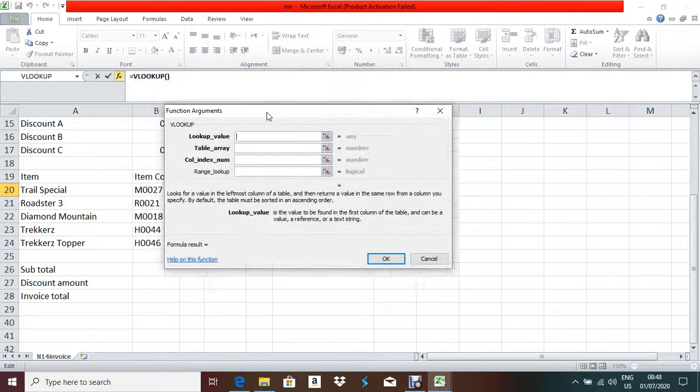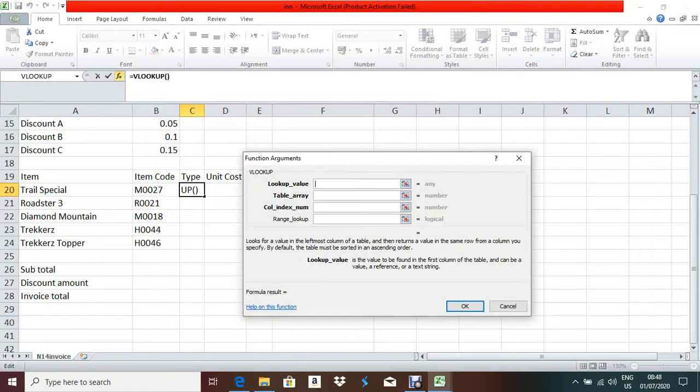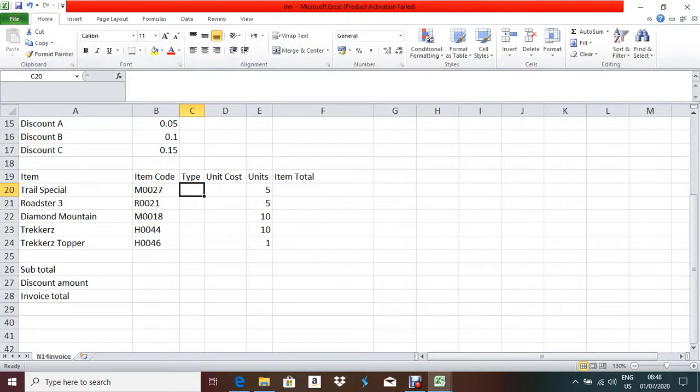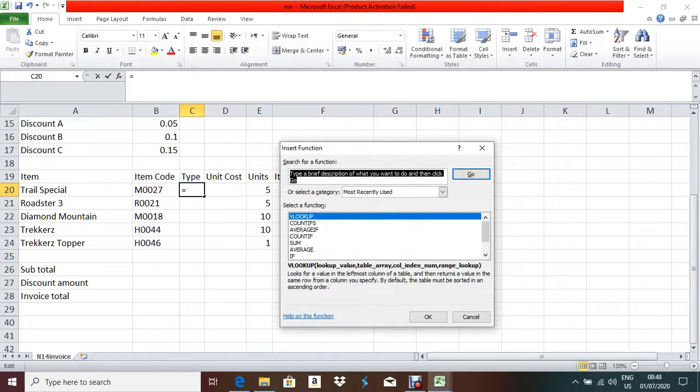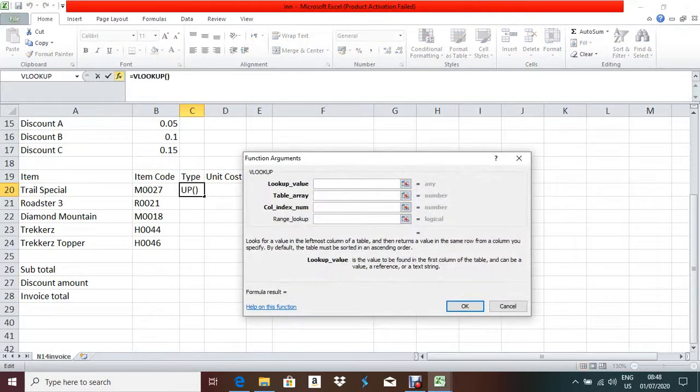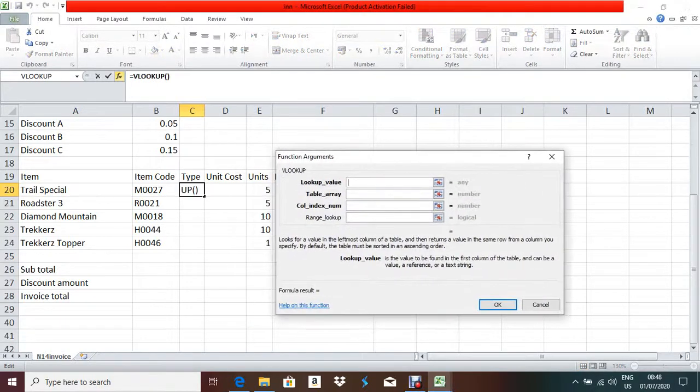And if you click VLOOKUP here, let me tell you one thing. If you are a first-time user of VLOOKUP, if you click fx, you will not get VLOOKUP here. So what you have to do is type VLOOKUP and then click Go, then VLOOKUP will come. But usually I am using this laptop for solving the question paper, so my VLOOKUP will be available. But if you are doing this for the first time, you will not get VLOOKUP here. So you have to type VLOOKUP and then click Go. Then click VLOOKUP.